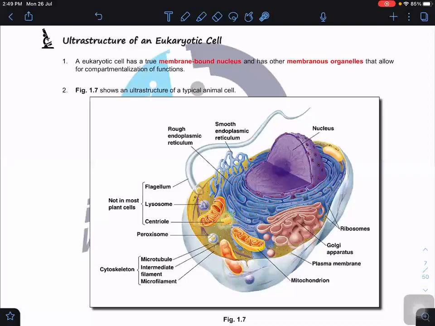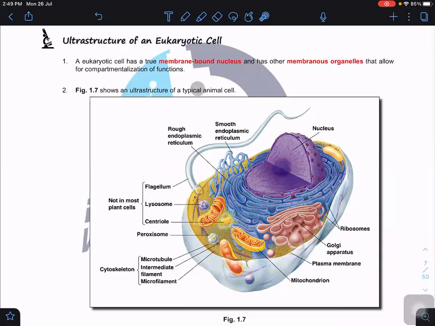Okay, now first of all, we're going to look at ultrastructure. What does ultrastructure mean? When you use the word ultra, it means not only the basic structure that we can view, for example, what we have learned in IGCSE or in SPM: nucleus, cell membrane, cytoplasm. No, that one is the normal one. Now we're going to zoom in to the very, very tiny detailed organelles of eukaryotic cells.